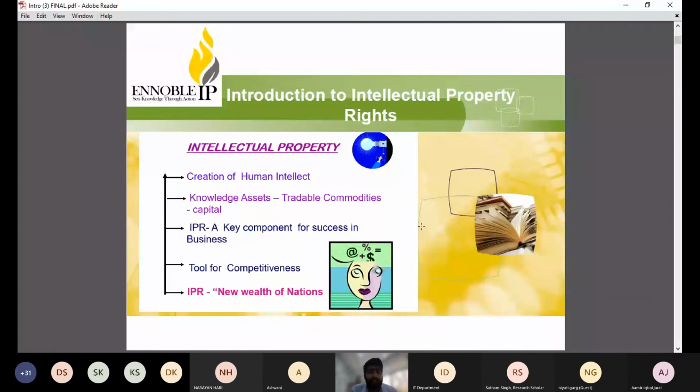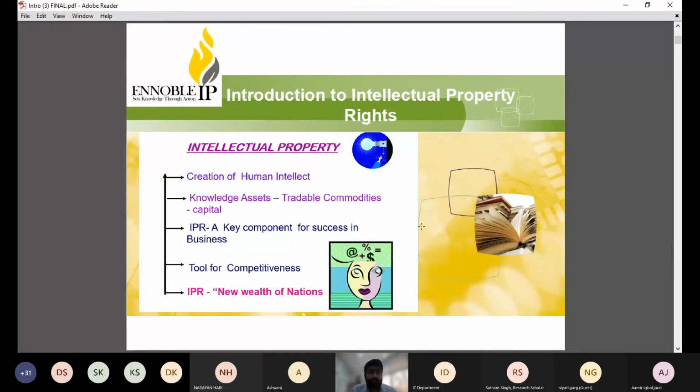That means monopoly rights. So suppose if you have invented something today, now the same company or your competitor cannot use the same technology without your permission, right? Either they have to build something of their own with some certain technical advancement or some modifications into it, right? So in a way, it gives you a competitive platform also for other businesses to grow, for other businesses to innovate. Then nowadays it can be said that it is a new wealth of every nation.